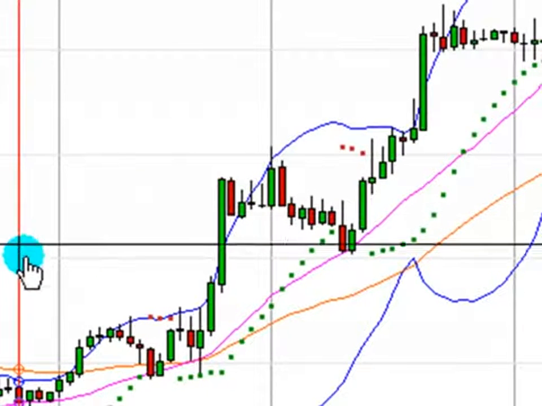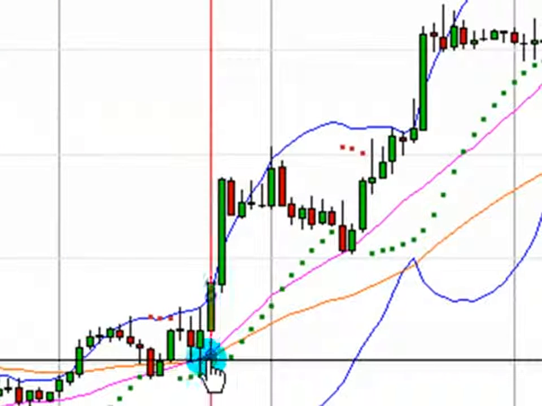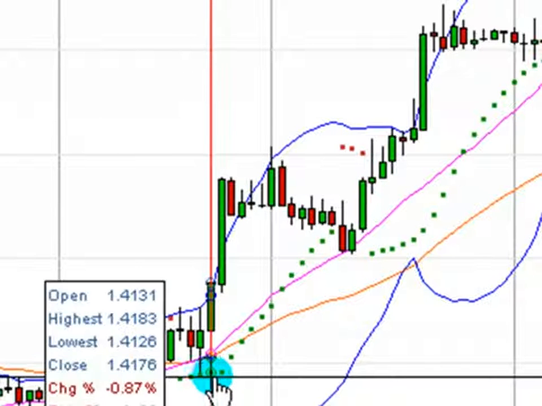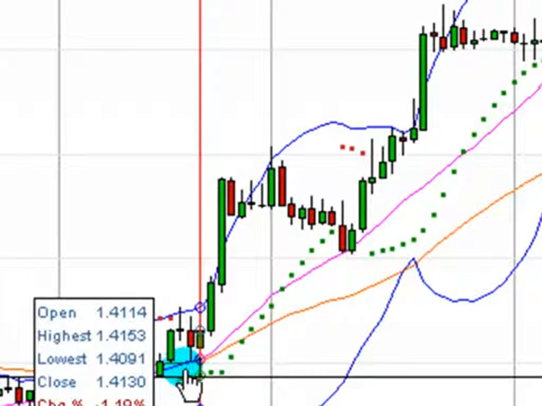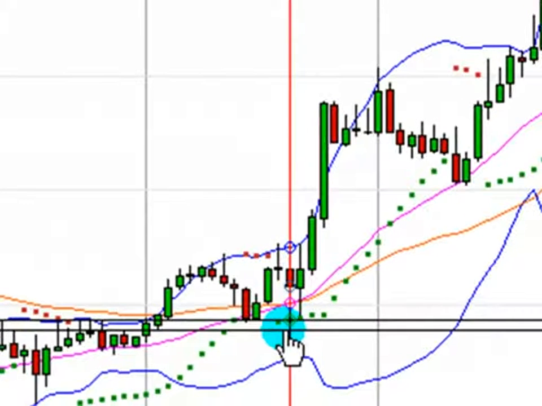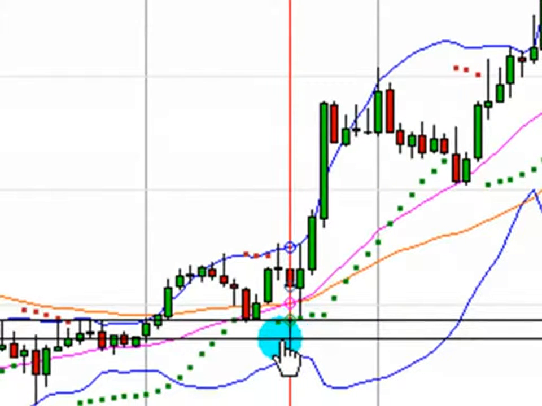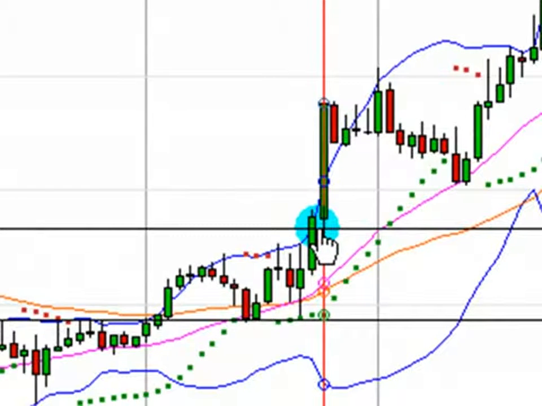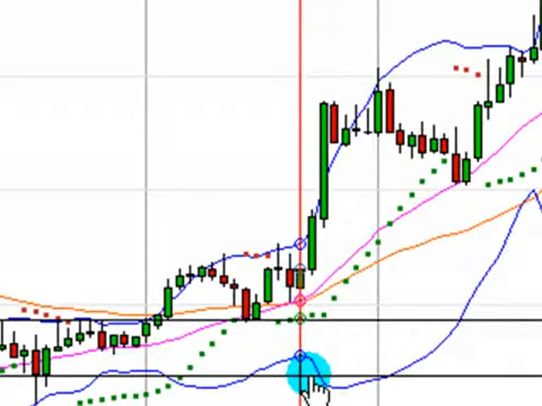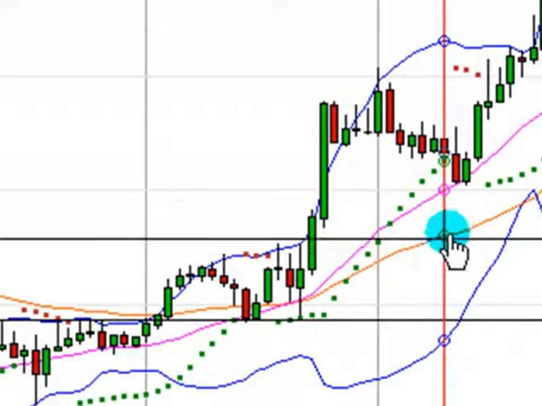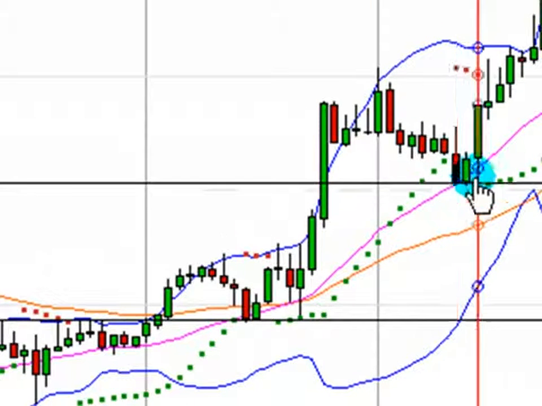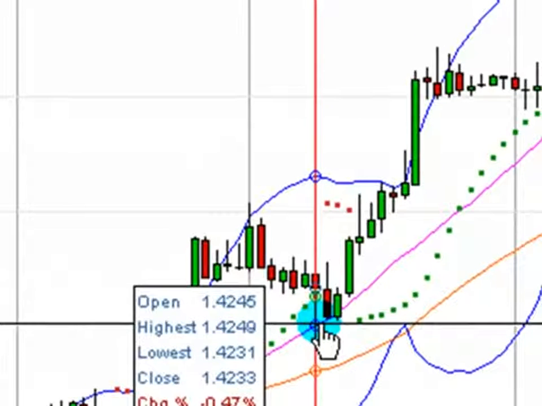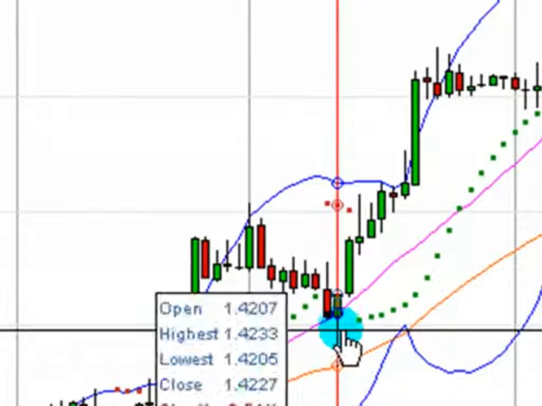Let's take a look at another one, which is this one here, which is a price bounce back. It has spiked the 20 moving average, obviously a bullish move with a spike, and we take our trade over there. Now if we go further up, again we have another spike, or should I say a bounce back over here. It's hit the 20 moving average, and we have our first